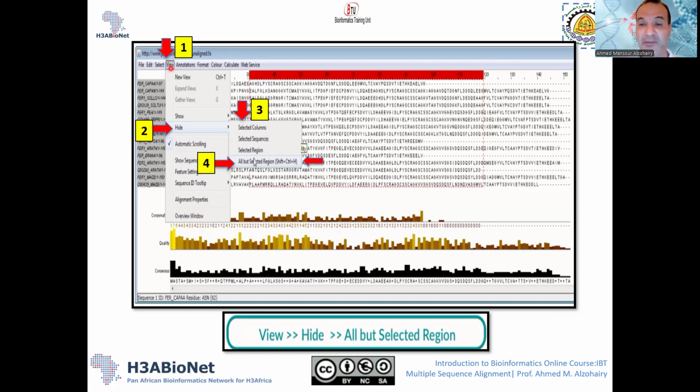And you can do it professionally from the View menu, at arrow number 1, and go to Hide at arrow number 2. In this case, it gives you options in this submenu here, arrow number 3. You can choose this one, "all but selected region." This means when you choose this, at arrow number 4, all but selected region, as you can see here, this